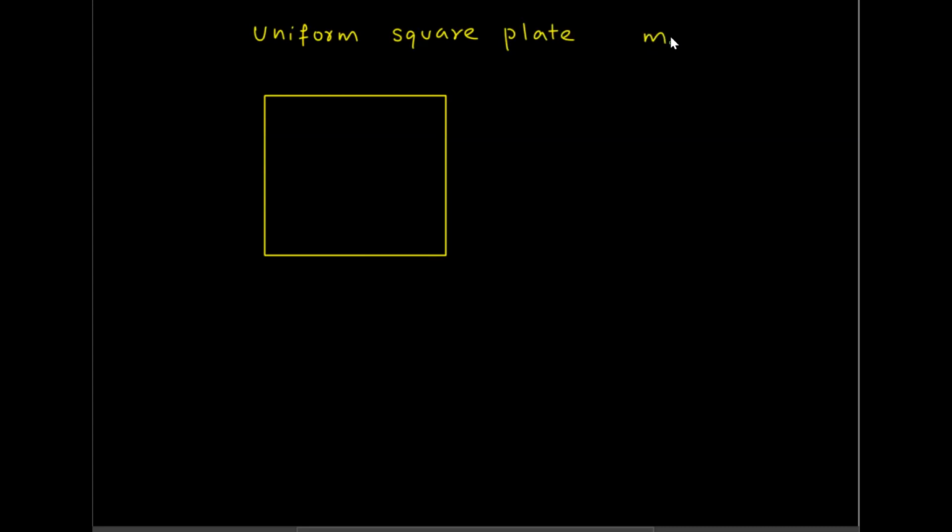Mass is M and the edge length is L. Now, if I take the center of mass, and pretend that I have an axis, and I'm rotating about this axis, I want to find the moment of inertia. In this case, what we can do is divide